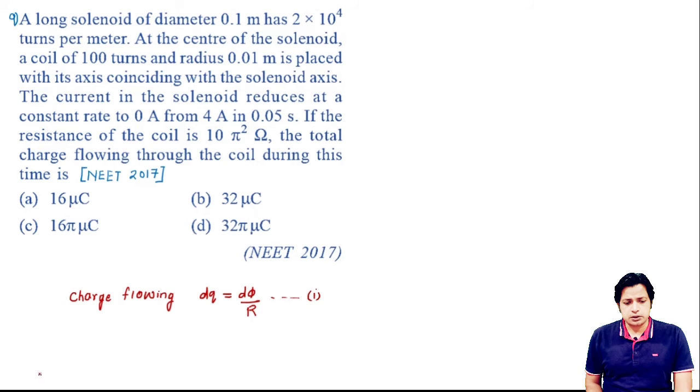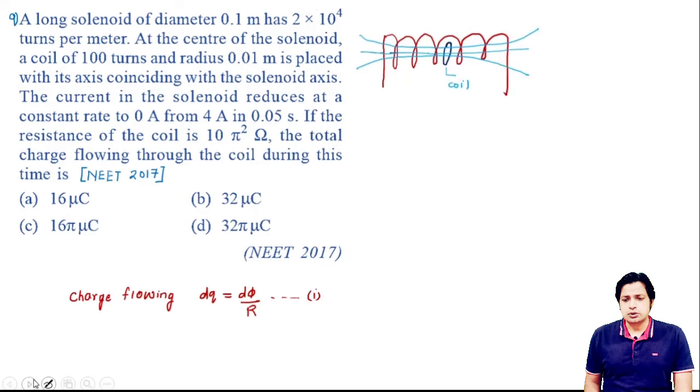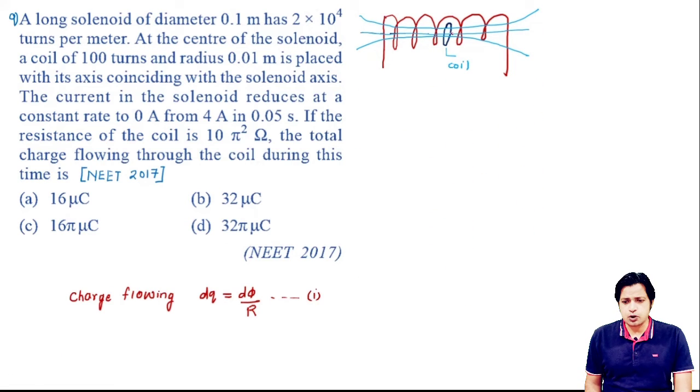Okay, now I need to find out the change in the flux. So this is a situation. There is a solenoid inside which there is a coil, and we need to calculate the value of charge induced in the coil. So let us start. Now the flux through the coil is given by the formula NAB cos theta. However, cos theta will not come here because the plane of the coil is perpendicular to the magnetic field. This blue coil, the magnetic field is perpendicular to the plane of the coil. So the formula will be phi is equal to NAB, N of coil, A of coil, B of solenoid. The magnetic field is because of the solenoid. So the flux through this coil is nothing but NAB.